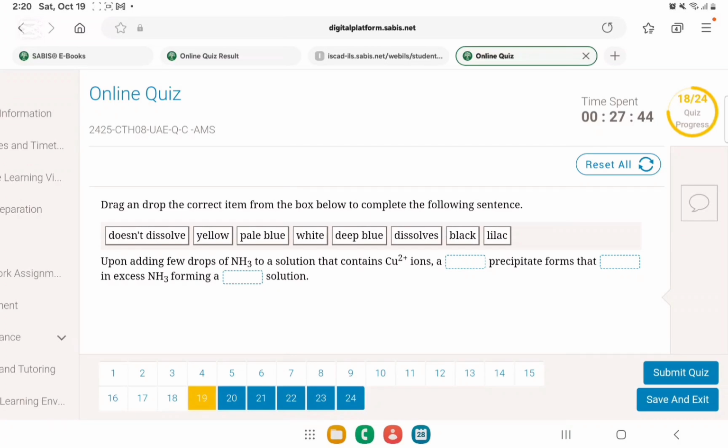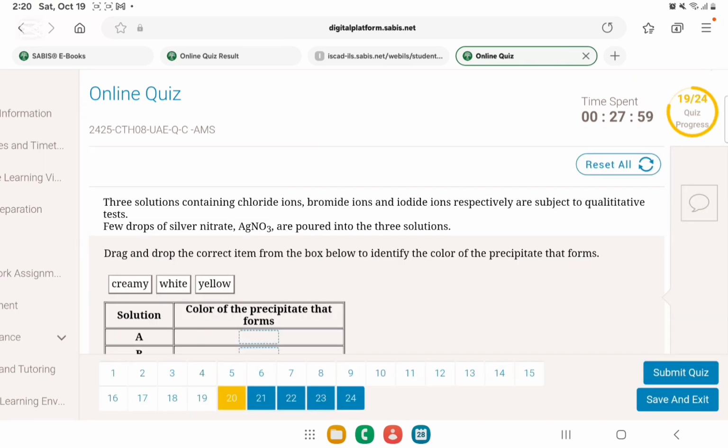Okay, upon adding a few drops of NH3 to a solution that contains Cu ions, a deep blue precipitate forms that dissolves in... Oh, no, my bad, wait. Pale blue that dissolves in excess to give deep blue solution. Okay. Next,